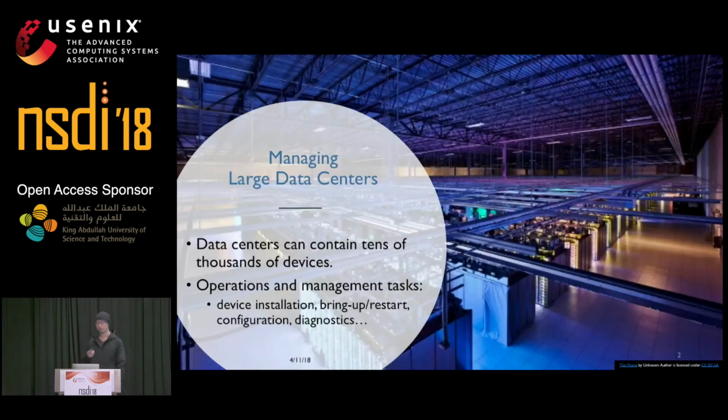So data centers. Data centers are the essential infrastructure of our time. And a typical data center will contain tens of thousands of devices, including the servers, switches, storage units, etc. At this scale, delivering management traffic is a challenging task. Data center management tasks include device installation, bring up, restart, configuration, diagnostic, and maybe some SDN applications. For many management tasks, network is usually not the bottleneck, but the robustness and availability of the management network is